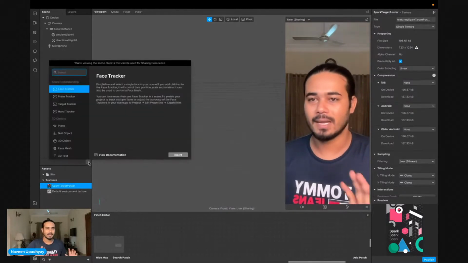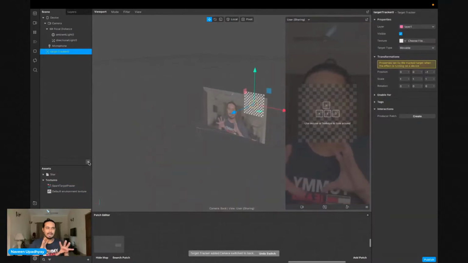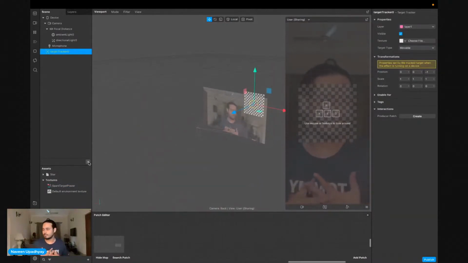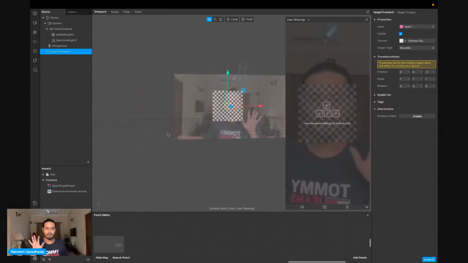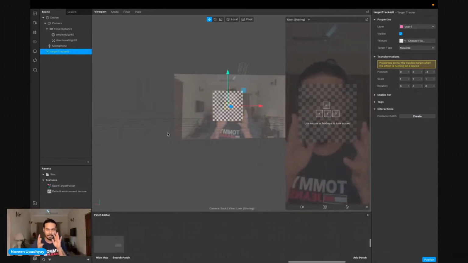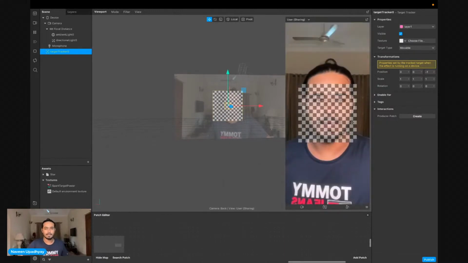What I'm going to do is add a target tracker now. When I add a target tracker, it is always a back camera effect. It is never a front camera effect. It is always going to work with the back camera. You see that now automatically my camera is shifted. My entire perspective is to the back camera, and I can move it like I do in the plane tracker,